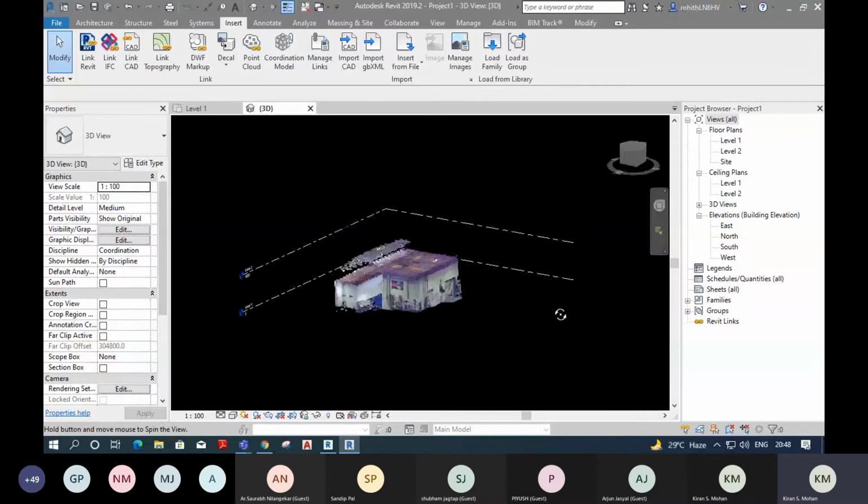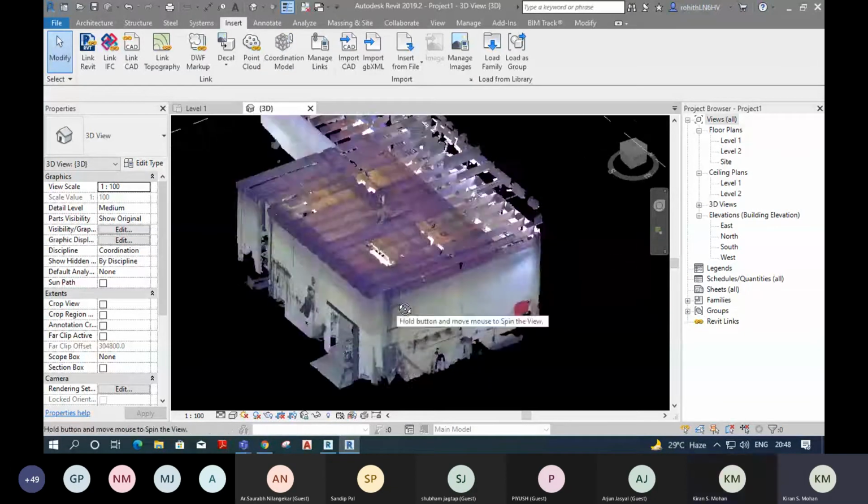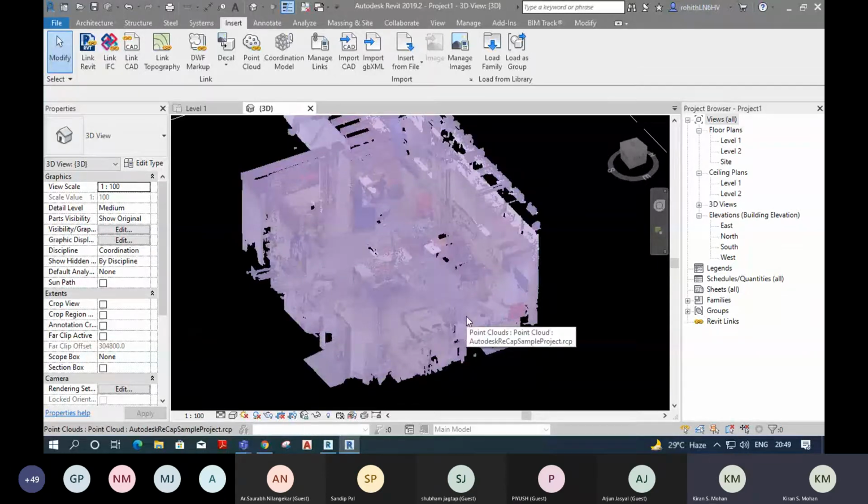And one more thing, during the process of registration, or during the process of combining these individual scan files, they will do one more thing. They will add the survey data from that particular site. Survey data can be added by using the equipment itself. Inside that equipment, you can give the survey points of that particular location. In that case, that data will be clubbed with this 3D point cloud data, and when you link this data with your Revit, it will be placed in the exact location.